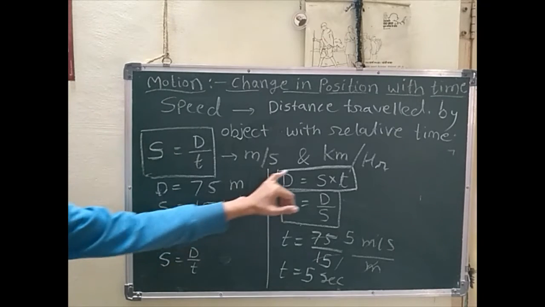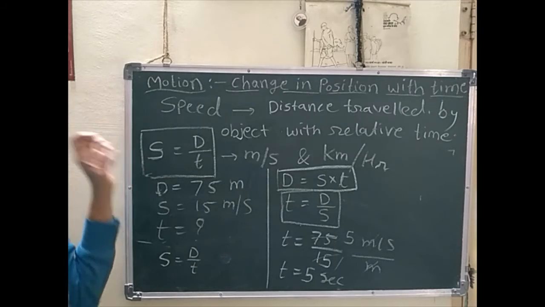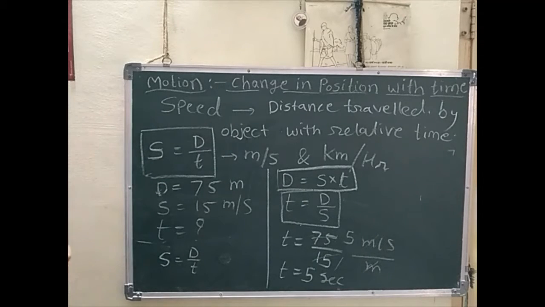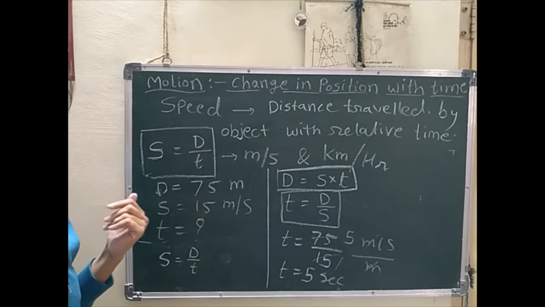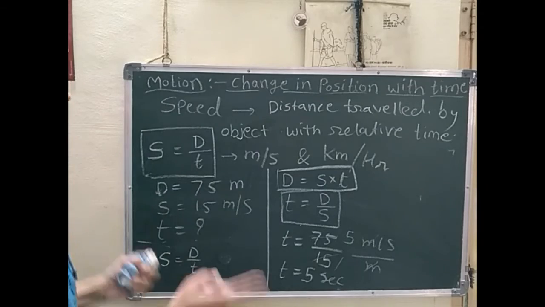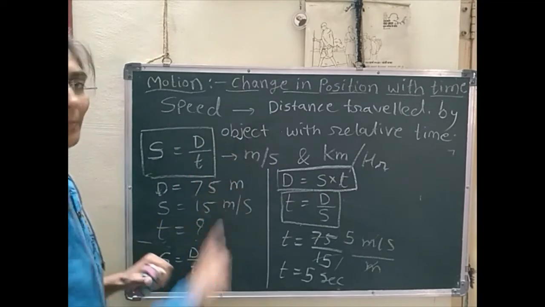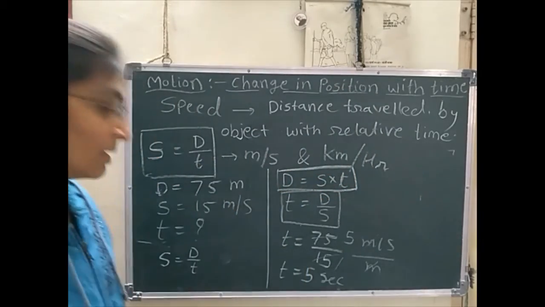From one formula, the other two formulae we can also take out. It's very easy to understand. You only have to prepare and understand it. Okay, so we will solve numericals depending on those formulae, and read that portion from your textbook. You will understand through the different activities what is meant by speed.